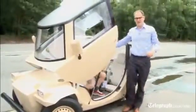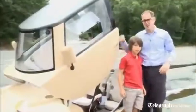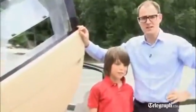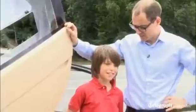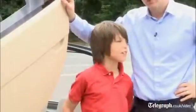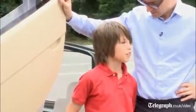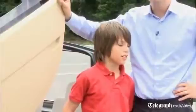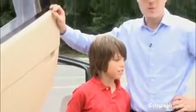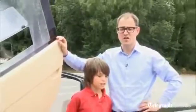Well, it's certainly not a comfortable car, and it's very cumbersome getting in and getting out. But as a drive, I was quite impressed, and I think Alexander had quite a lot of fun. Did you? Yeah. What was the best thing about it? It's quite easy to drive, and I think it's good for people who are my age and teenagers. Well, the purpose of the exercise is to get young drivers interested in cars, and on that